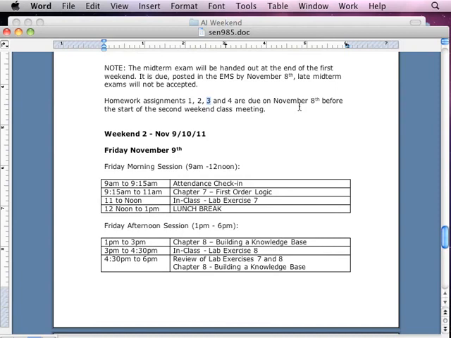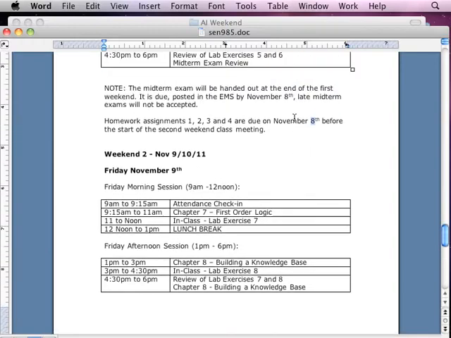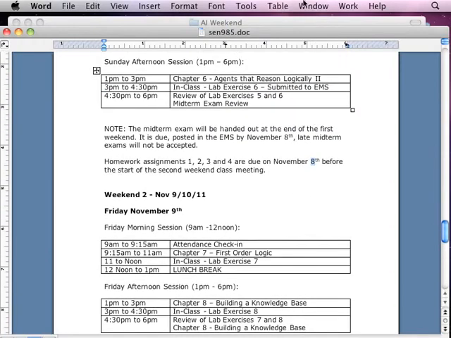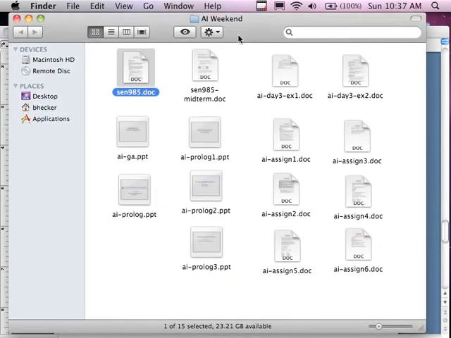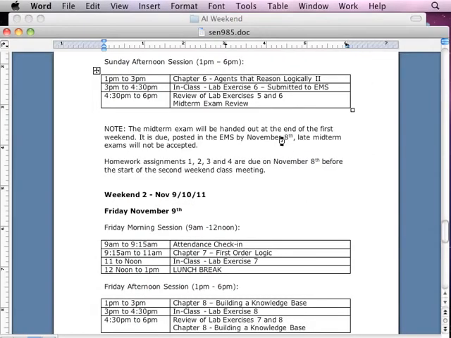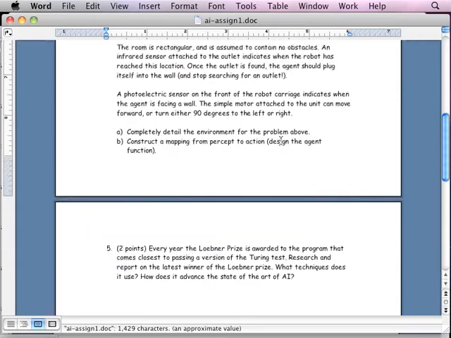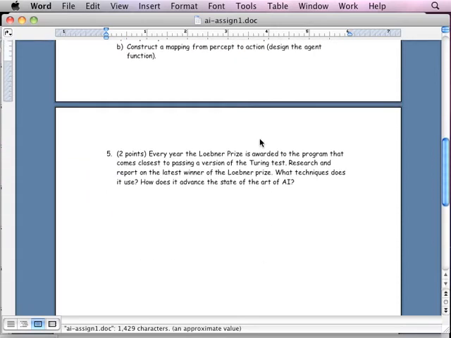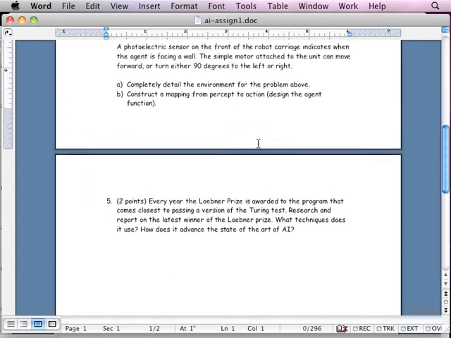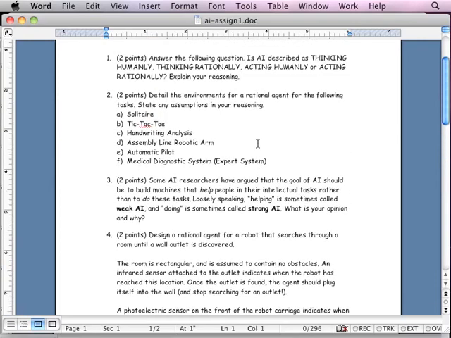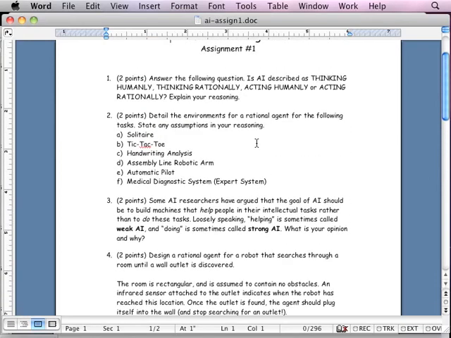So I'll go over the assignments and the deliverables that are going to be due on November 8th, and then we'll continue forward, and we'll hit the information that's needed for that. So assignment number 1 is pretty reasonable. The assignments themselves have only questions in them. They're not too bad. The first assignment is really going over what we covered on Friday.